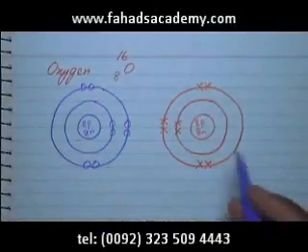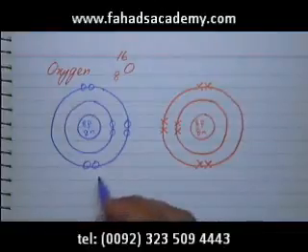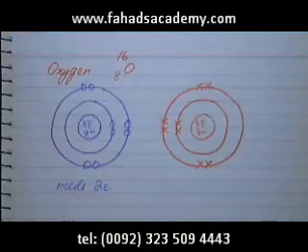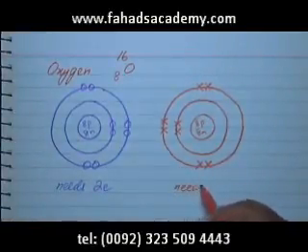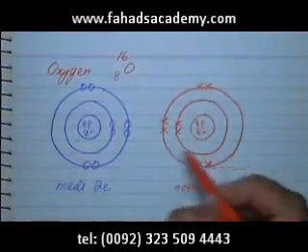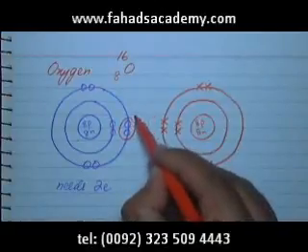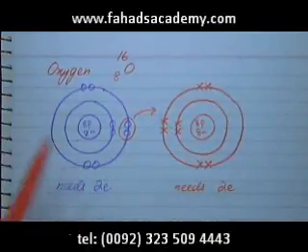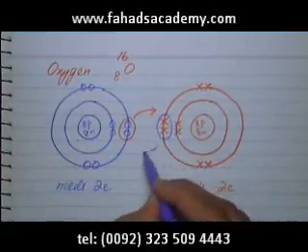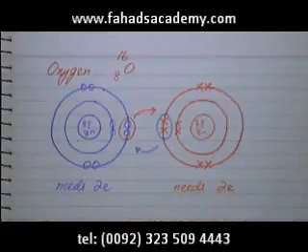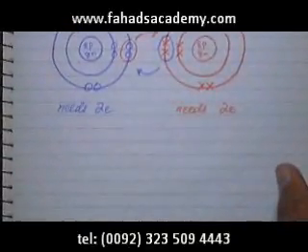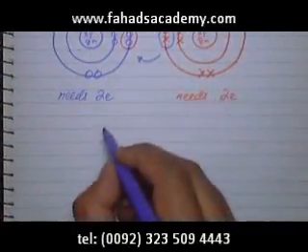Now, both of the electronic configurations are unstable. This atom needs 2 electrons, and similarly, this other oxygen atom also needs 2 electrons. What this oxygen would try to do is pull these 2 electrons towards itself. Similarly, this oxygen atom would try to pull these two electrons towards itself. And eventually these 4 electrons are going to be shared between the two oxygen atoms. Now redrawing and showing that,